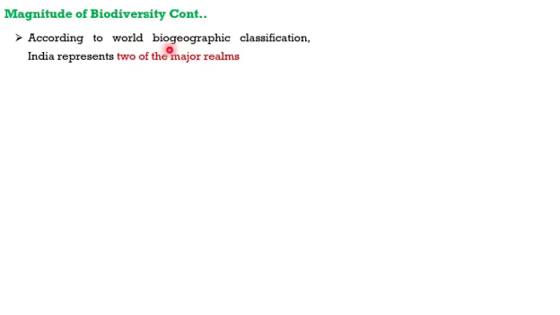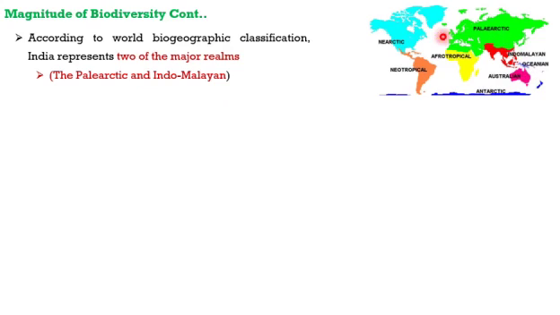And according to the World Biogeographic Classification, we represent two of the major realms, which are Palearctic and Indo-Malayan. If we take the whole globe, we have seven realms in total. In that, our country has two realms, Palearctic and Indo-Malayan, which means the animals and plants that live in these realms, the regions, have almost similar environmental conditions,